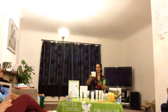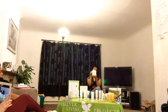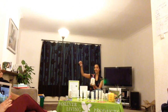Now, my favourite drink, which I haven't started drinking yet, I'm 41, so apparently I should start drinking this any day now. This is my favourite drink because this is the drink that I have also seen some truly fantastic results, and this drink is called Forever Freedom. After the age of 40, the body stops making 2 natural sulfur compounds called chondroitin and MSM. This basically puts it back into the system, so it's almost like me taking this drink and putting lubricant